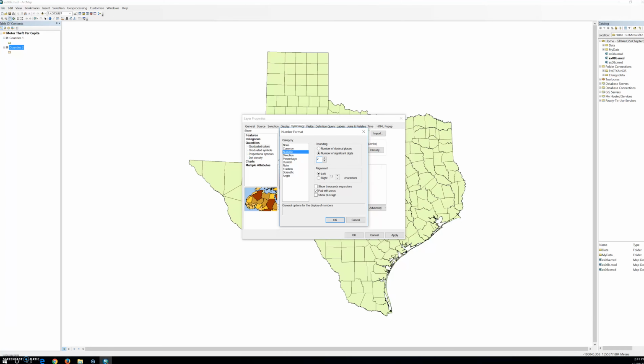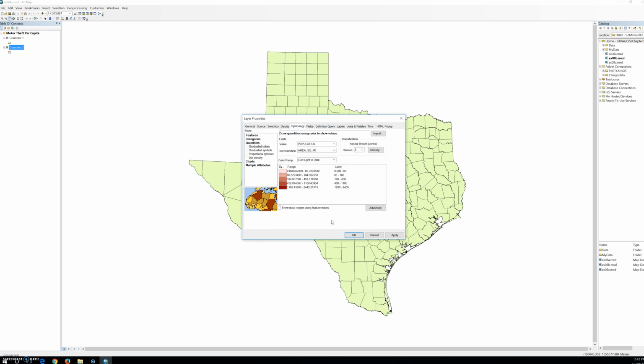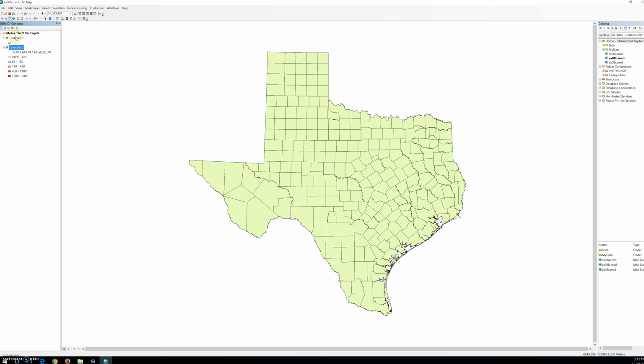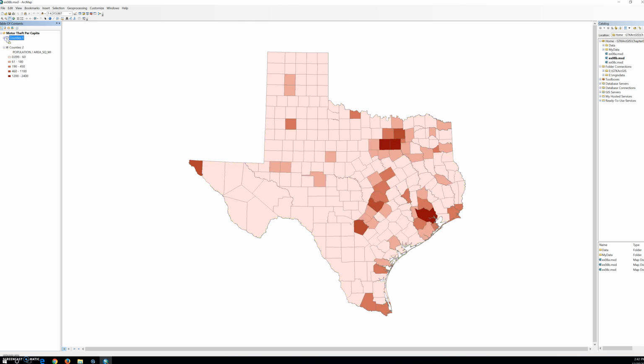So we click the label column heading and click Format Labels on the Number Format dialog box. Select the number of decimal places option and change the number to 2. And we're going to click OK to close this Number Format dialog box, and click OK to close the Layer Properties dialog box and select the checkbox. Hit apply and hit OK, and then we're going to right click on the first layer. Actually we just uncheck this, so now we can see the second layer. Make it